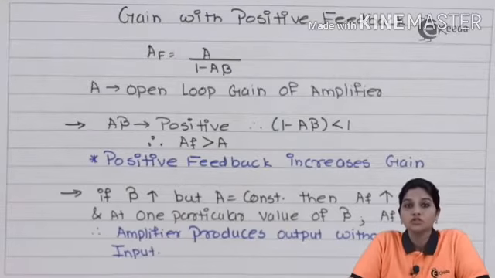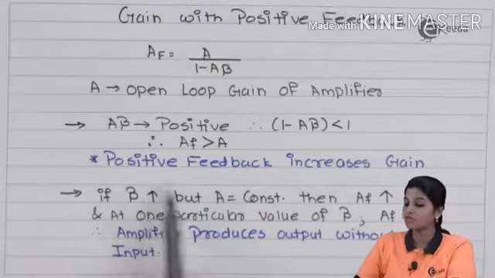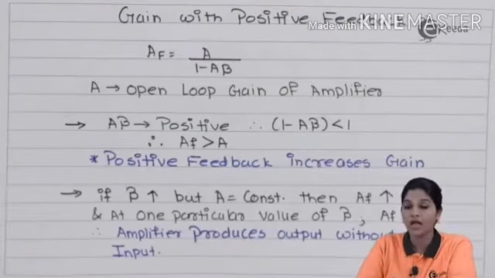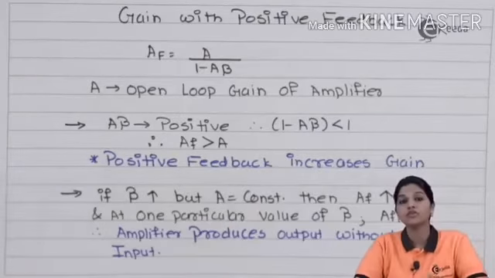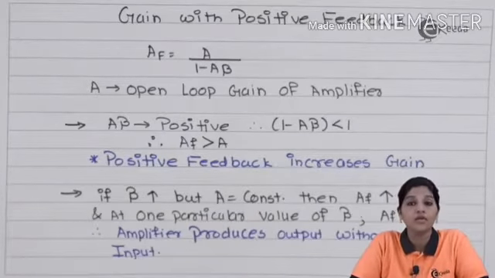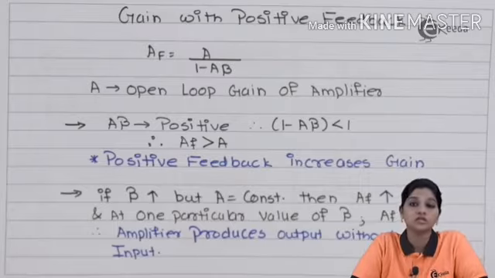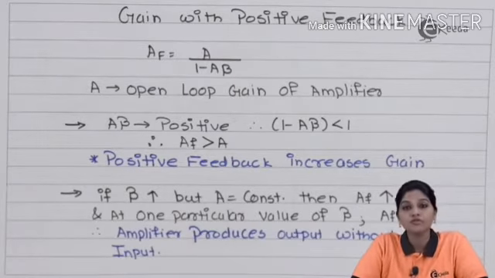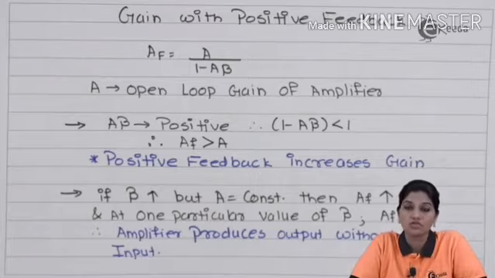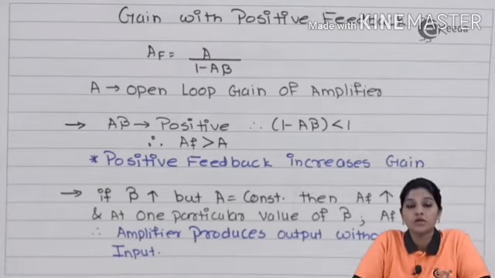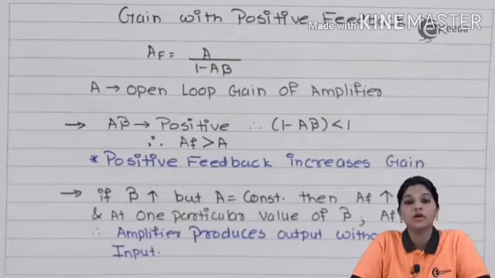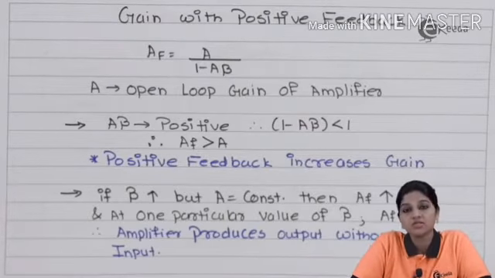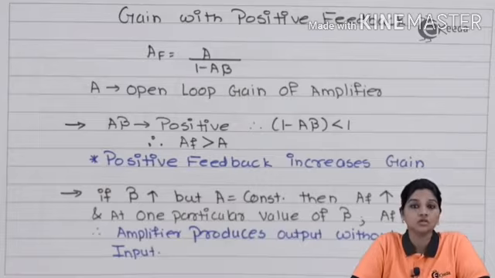Then from this equation, the two statements that we come to know about positive feedback are: positive feedback increases the gain of the amplifier, and an amplifier circuit, when used along with positive feedback, produces output without any external AC input signal. Positive feedback also has a number of advantages over negative feedback, but it causes instability of the circuit. But when we require to use an amplifier circuit as an oscillator, we require the concept of positive feedback. So this is what about the oscillator and positive feedback.